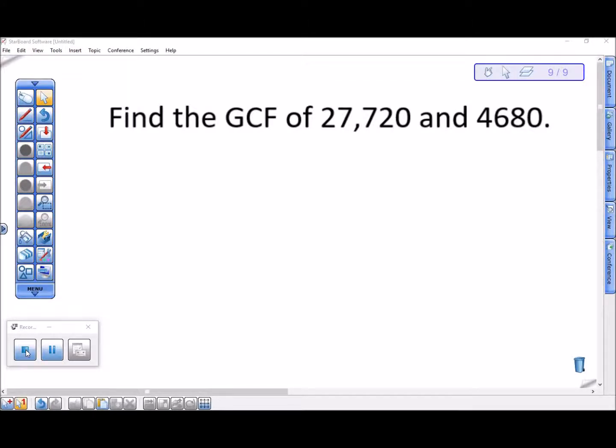I want to show an alternate method besides using factor trees and prime factorization to find the greatest common factor of two numbers. Now I picked two numbers that were kind of big just so we couldn't obviously see what the greatest common factors were without doing the work here. So what I'm going to do is take these numbers